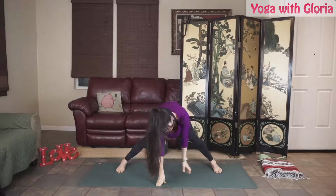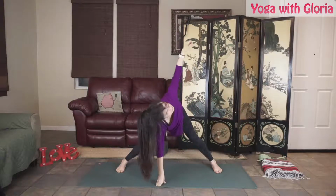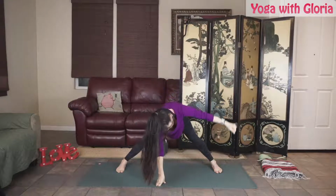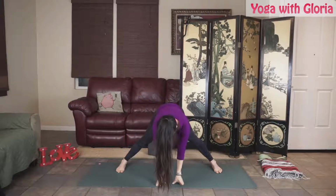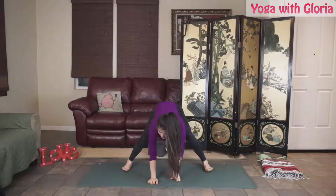So trying to turn the whole chest. So 3 more here. 3, 2, and 1. And then you're gonna bring your hands on your knees and slowly come on up. Okay, we'll bring our legs together or hips width distance, and we're just gonna make small little circles,